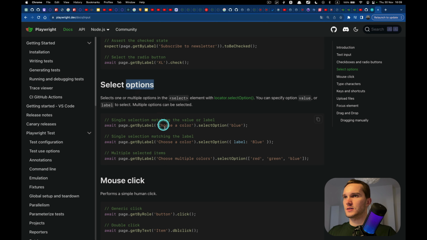Then next is select options. Select option, select matching value or the label. Select option blue. So this is something, one or multiple options in the select element. Yeah, this is for the select element.